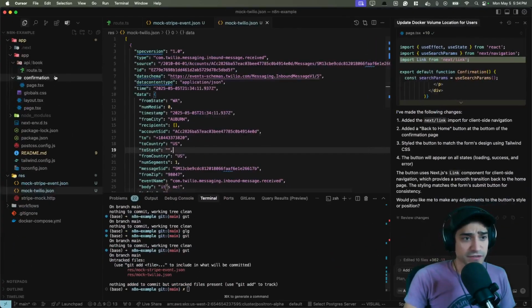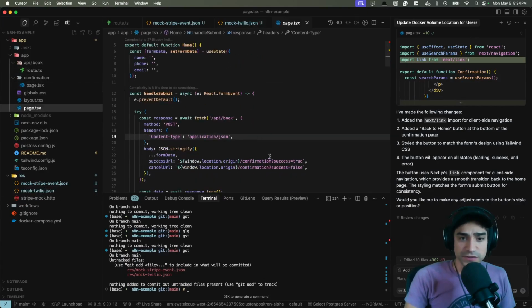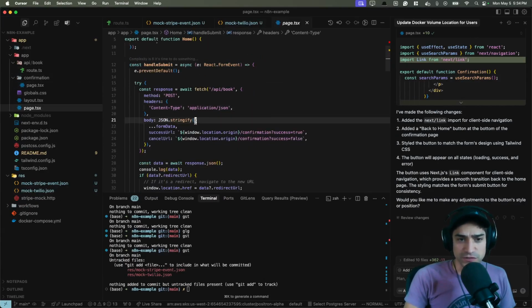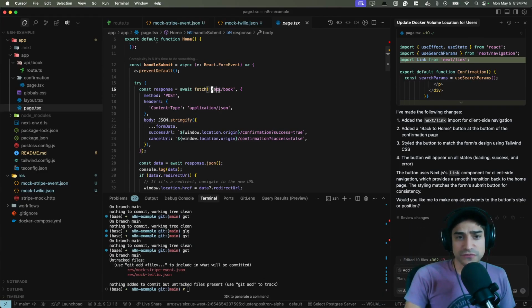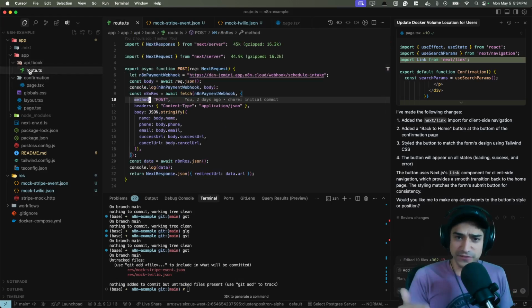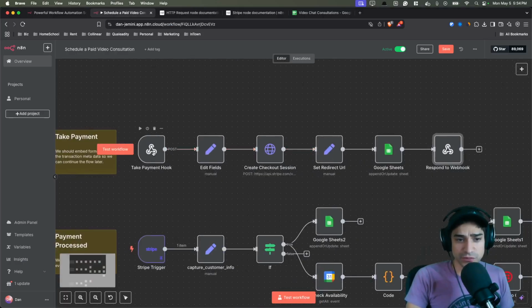So over here in my Next.js app, I've got this page here. Honestly, this is tricky too. I was running into some CORS issues. So the front end, the browser side of this, is actually doing a fetch to the back end side, the API route. Again, I'm not at the end of all this. I'm not sure if I have to do this yet because I kind of changed what I was doing halfway through. But the back end route here is the one that's actually making that original web request, the webhook request